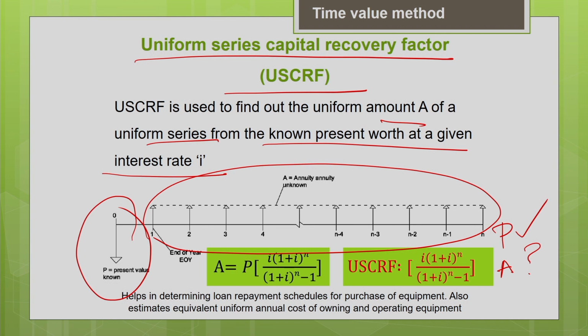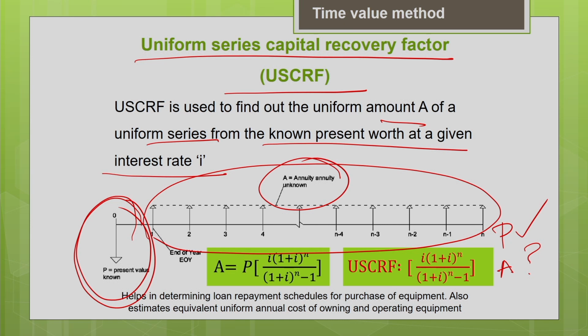For example, if I deposit 10 lakhs in a bank now, for a period of 9 years at an interest rate of say 9%, what will be the amount of money which I will get at the end of every year as a return? That return is going to be in the form of an equal amount of money. That is A, and I can find it. If I deposit 10 lakhs now, how much equal amount will I get from the bank at the end of every year? That is what I am calculating with this.